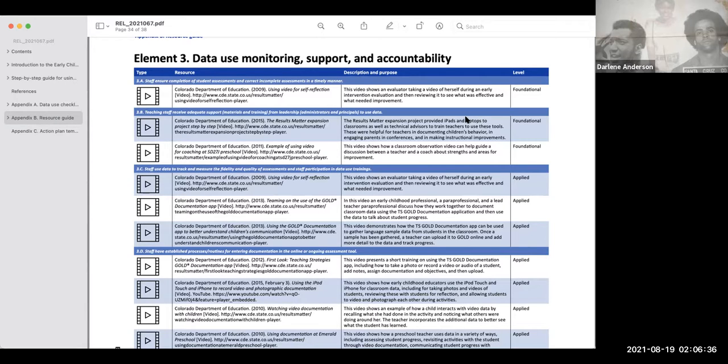Data Maintenance, Use, and Communication. Type, Resource. 2.8. Data reports ensure that personally identifiable information, such as date of birth or intake assessment score, is protected in accordance with federal and state requirements. Description and Purpose, Level. REL Northeast and Islands, 2015, August 24th. Data Collection and Use: An Early Childhood Perspective video. YouTube, https://www.youtube.com/watch